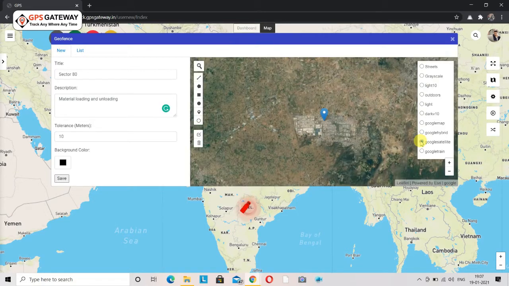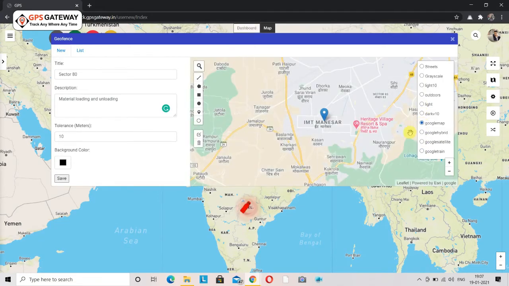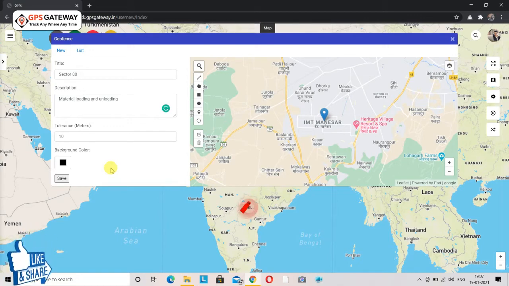While marking a geofence, there is one thing that you need to be very careful about. Once you finish your geofencing, you will have to click on the save icon, otherwise you will not be able to see your geofence on the map. Now you have done geofencing, but how will you know that the one that you have marked on the map is saved or not? It is very easy.